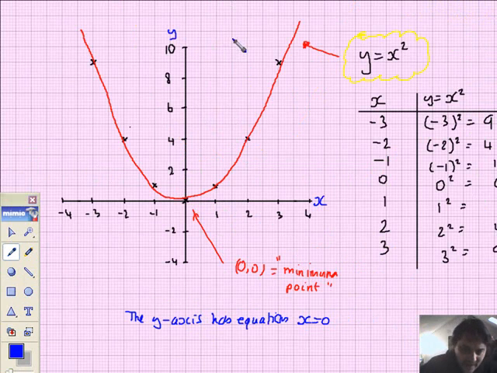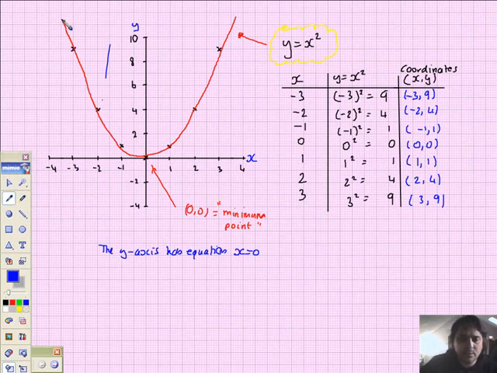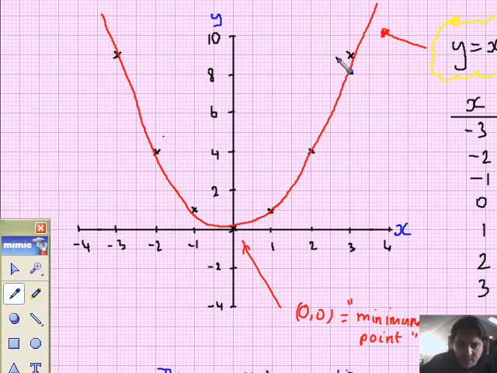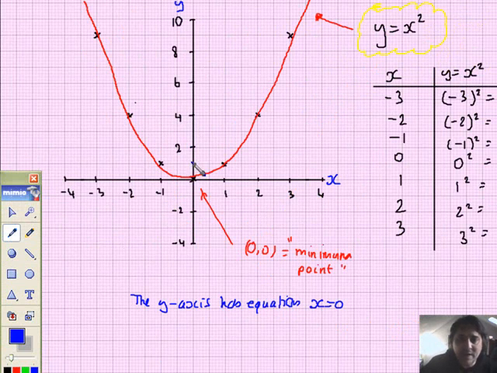Remember, all the x lines go that way, and all the y lines go across that way. You've heard me say this before, so that's just to revise now. That will be the equation x equals 1. This will be the equation x equals 2. Therefore, this must be the equation x equals 0. So the y-axis has equation x equals 0